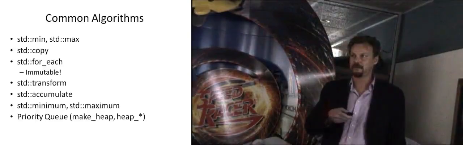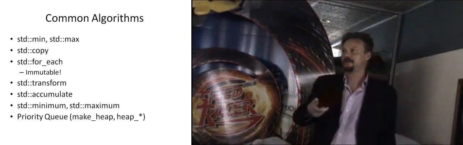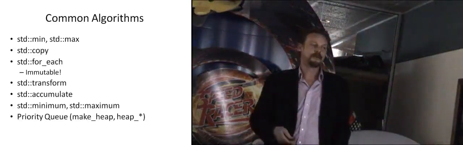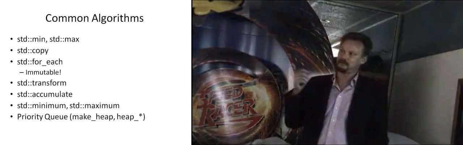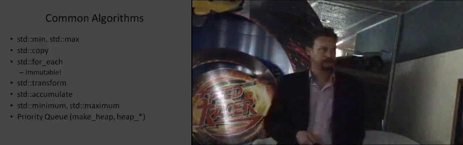It really should have just been, here's a priority queue, and treat it like a stack. It takes something as a container to use as its underlying data structure. They could have done something like that for priority queue. If you ever need a priority queue, just know that Christian said something about priority queues in the STL, then have a look at the heap functions in the algorithm header.